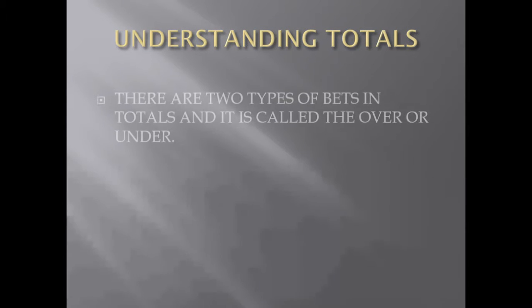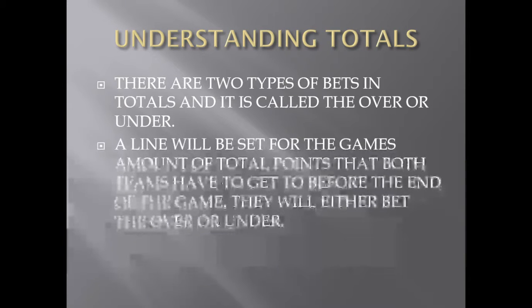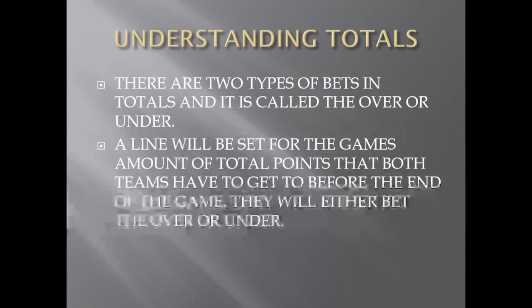Understanding totals. There are two types of bets in totals, and it's called the over or under. A line will be set for the game's amount of total points that both teams have to get to before the end of the game. They will either bet over or